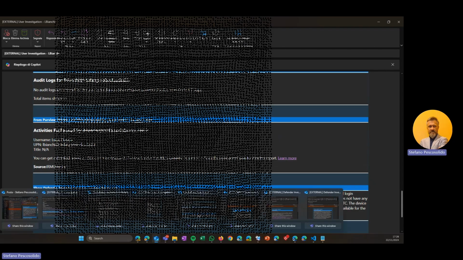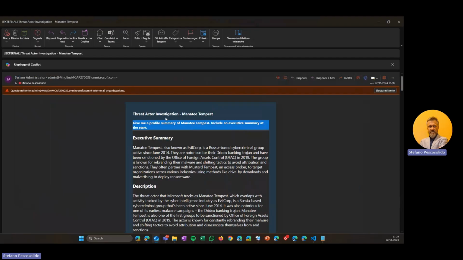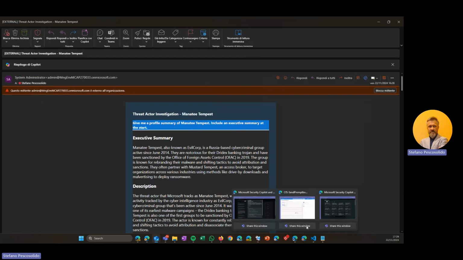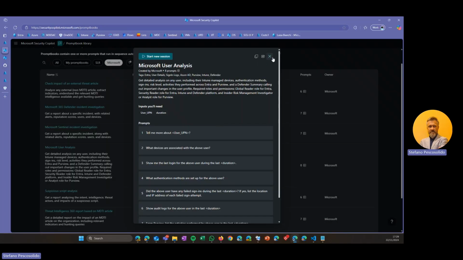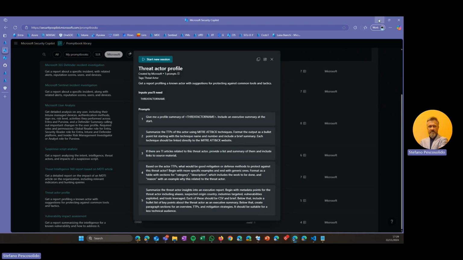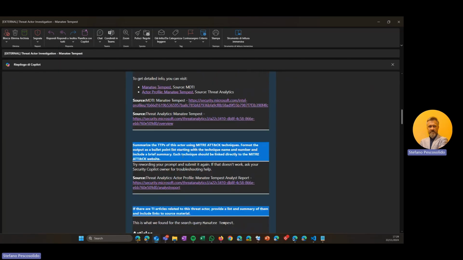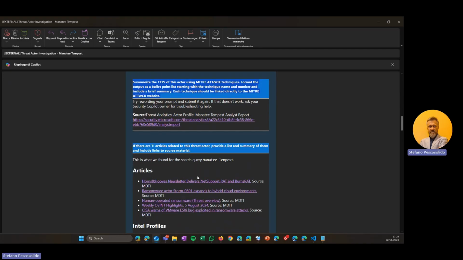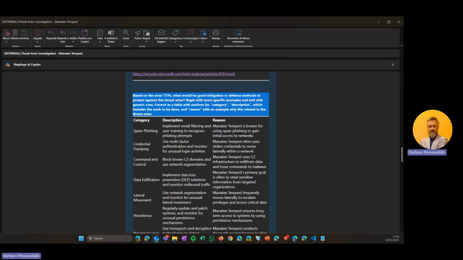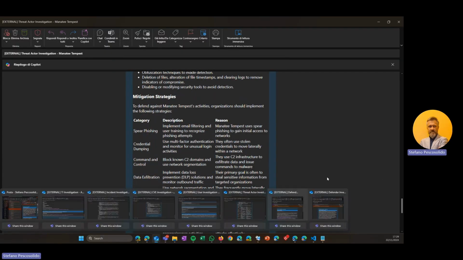And again, threat actor, for example, Manatee Tempest, threat actor investigation, that is that specific threat actor profile, this one. So in this case, I asked for a threat actor profile. The threat actor is Manatee Tempest, and I get all those details for each of the prompts that I submit with a file, with a nice formatted result. And the last one that I can show you